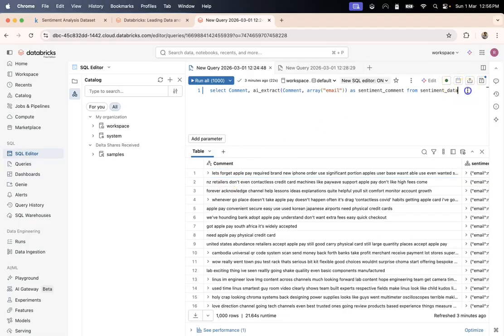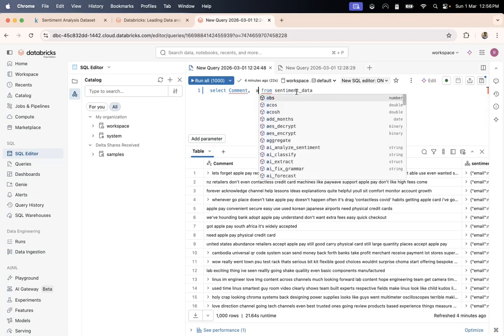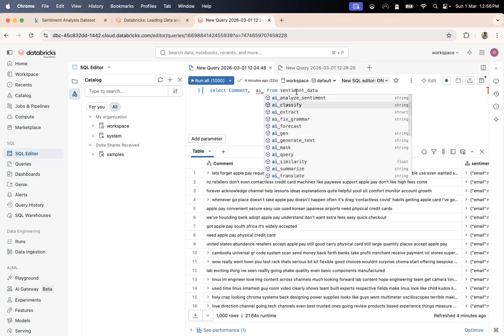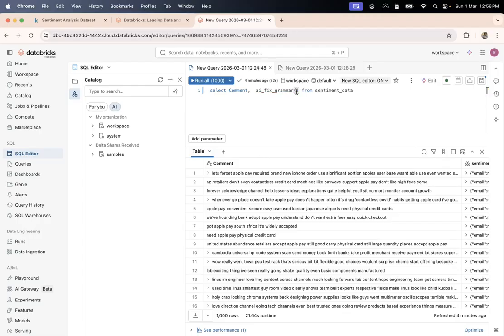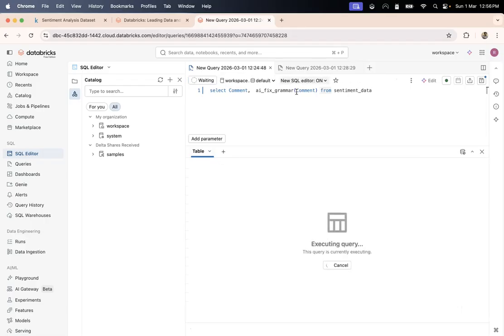In those scenarios, this functionality by Databricks might be useful, and it is very simple to call. You don't have to provide any other argument. I'll just say AI fix grammar, and inside it I'll just provide my comment.